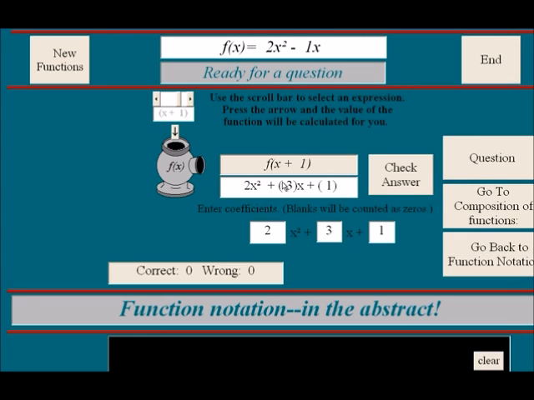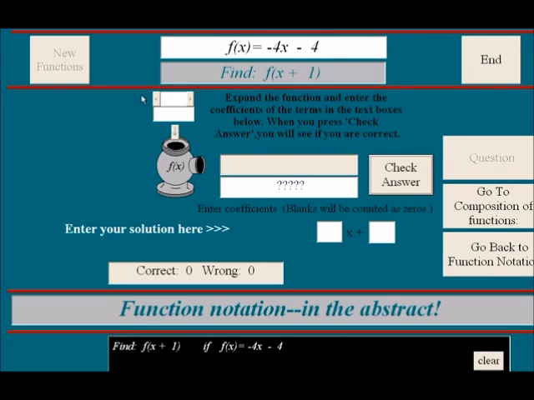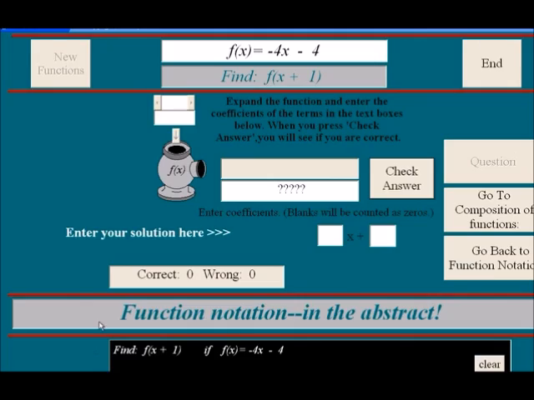When we do the question, this one I was able to put anything I wanted into there. But now when we come to do a question, it's not going to let me have this machine to do it. I'm going to have to do it myself. So you'd put x plus 1 everywhere there is an x. I'll do this one problem, and hopefully you'll see what we're doing. I dreaded showing this program, so now I hope you understand why. We're going to put an x plus 1 everywhere there's an x. So f of x plus 1